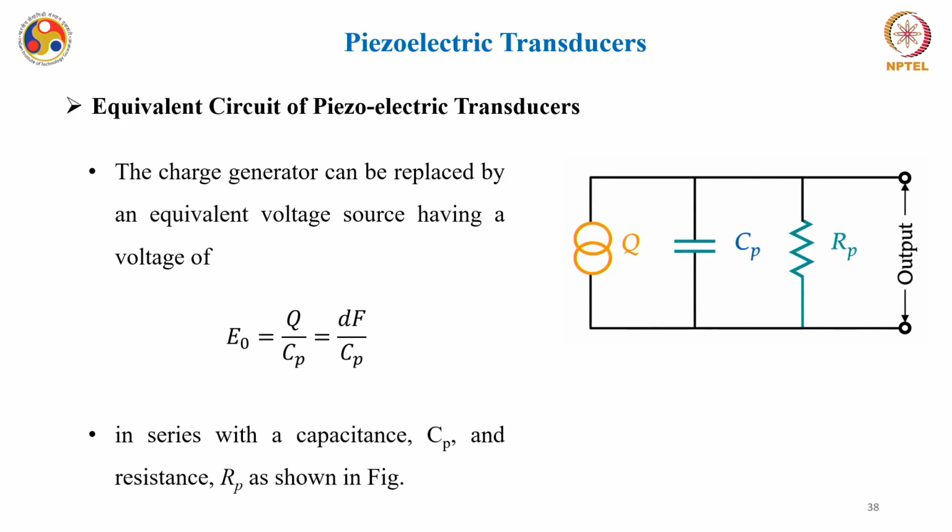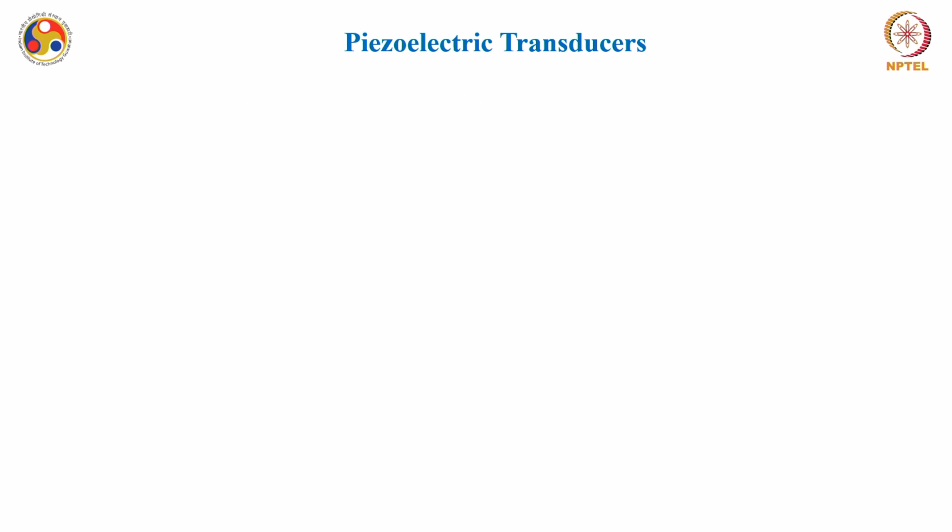The charge generator can also be replaced by an equivalent voltage source having a voltage of say E naught equal to Q by Cp, or Q we have seen that it is D into F, so E naught is equal to dF by Cp. This is in series with capacitance Cp and resistance Rp. So the charge generator can be replaced by an equivalent voltage source having a voltage of E naught, which is equal to Q by Cp, and then you have to keep the other parameters in series with the voltage source that you have just replaced,